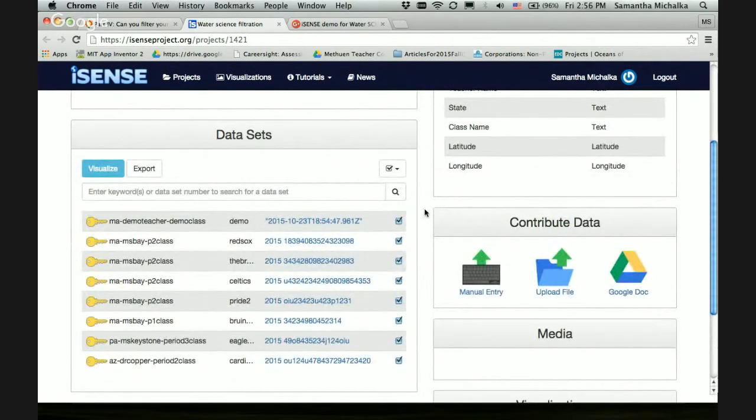And so the data set here just refers to the data that comes from a particular team in a particular class in a particular school. And so you can see that there are multiple lines of data, and this demo teacher is the data that I just added. And so if I wanted to look at the data for just my class as a teacher,